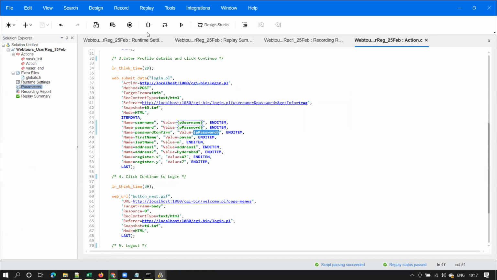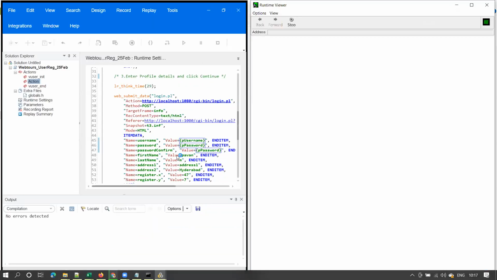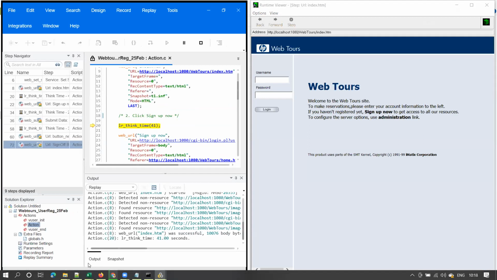Now let me replay the script. Here I need not modify the script anymore. I need not modify the script anymore. Now let me replay the script. What is the username that it will use now? What is the first file? What is the first line? You have Pawan5 in that script, isn't it? Yes, sir. Right? So let's see, that user registration should happen now.